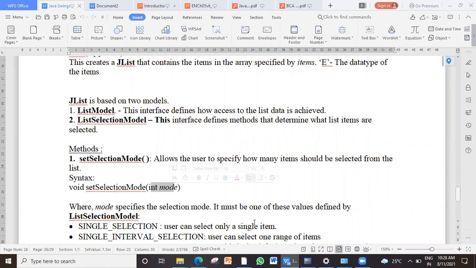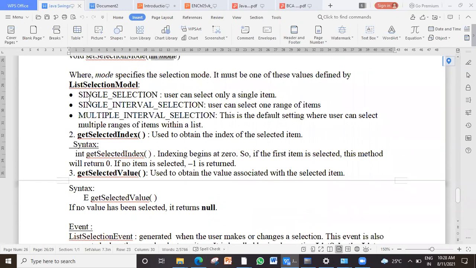Otherwise, you can specify multiple. And the possible values you should specify like this. Single selection. That means single value. Single interval selection. Interval means a range of values, 1 to 10. Like that also the user can select. Or if the user wants multiple intervals, that also can be done.